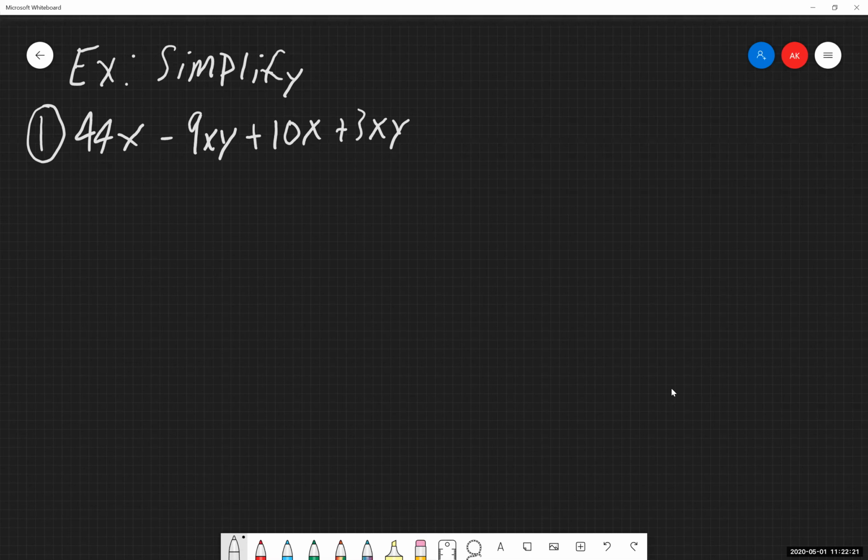So, a couple of strategies you can go through for solving these. First and foremost, we want to find like terms to add together. And if we are trying to have like terms, that means the variable part of each of these terms needs to be 100% identical to one another to combine them. Looking at the example here, I have an x term, an xy term, an x term, and an xy term. So we have two different types here.